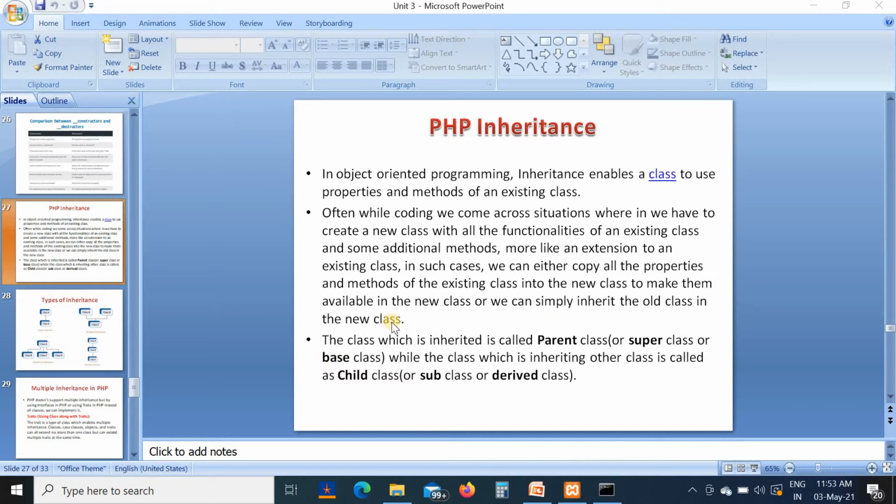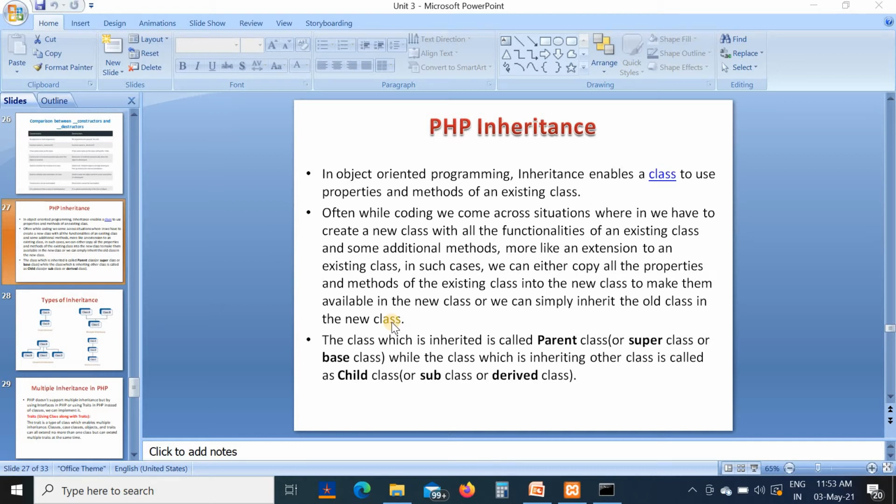By using the inheritance concept, we are reusing code. Code reusability is made available by inheritance, because we are using already defined methods, functions and properties of one class in another class.